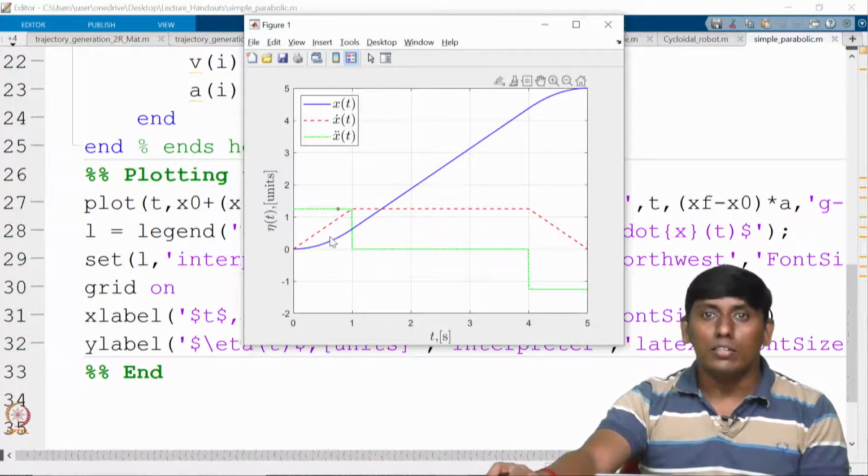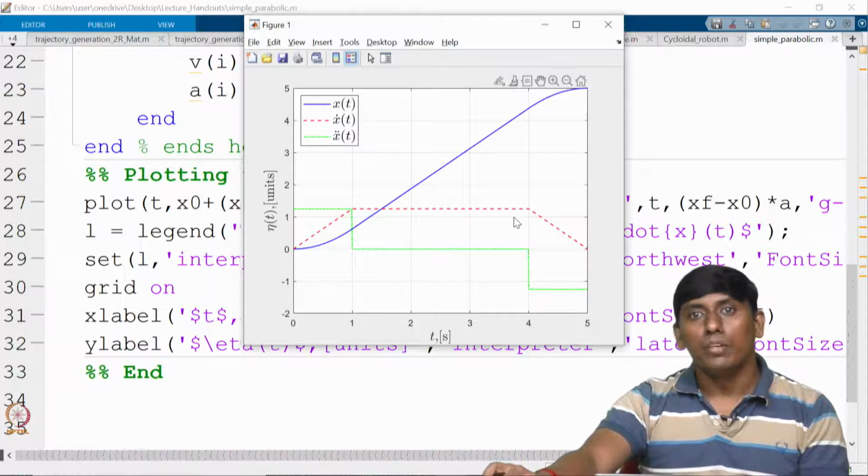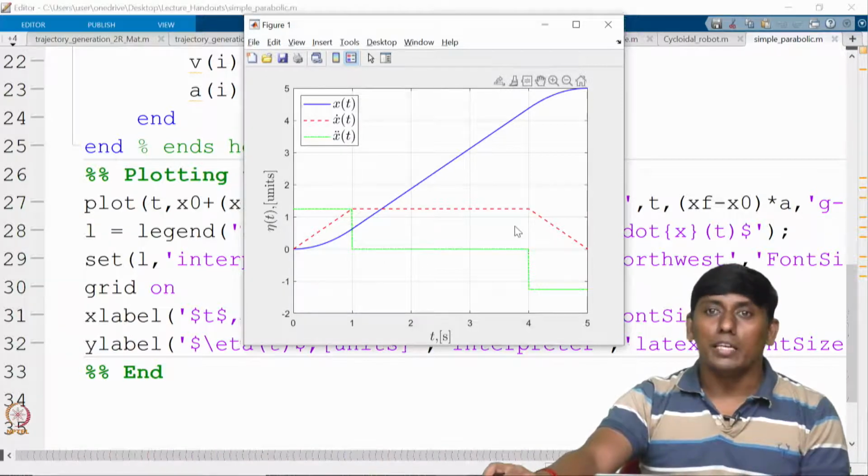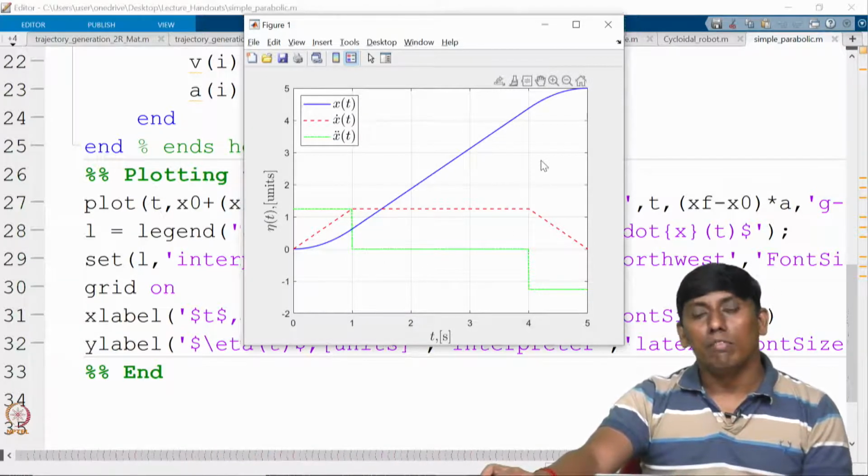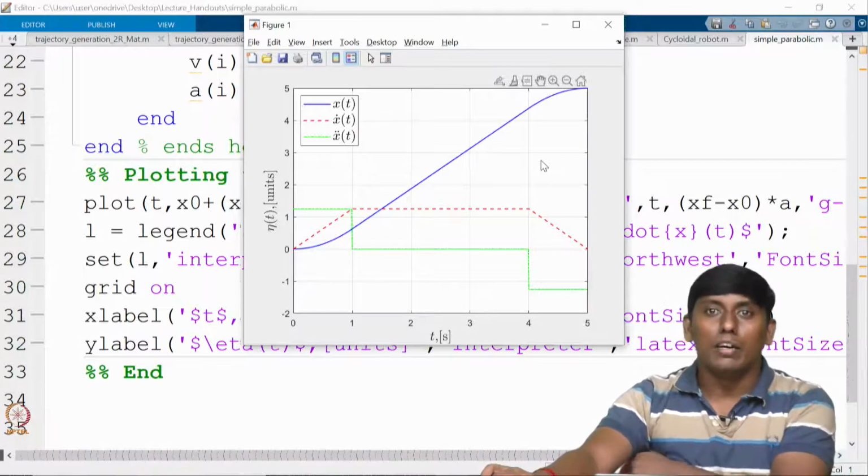So this is the constant acceleration stage and this is the constant deceleration stage, where the velocity starts from 0 and increases to maximum, then under constant deceleration comes from maximum to 0. In the middle segment you can see it is a straight line where the velocity is constant. Like that we can keep playing with it, which gives a much better aspect.